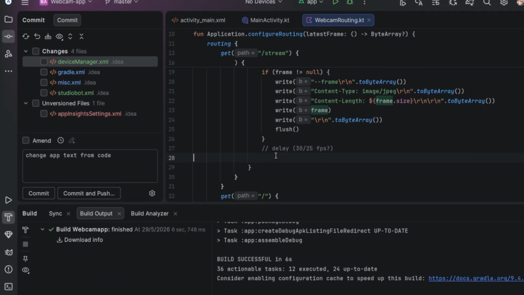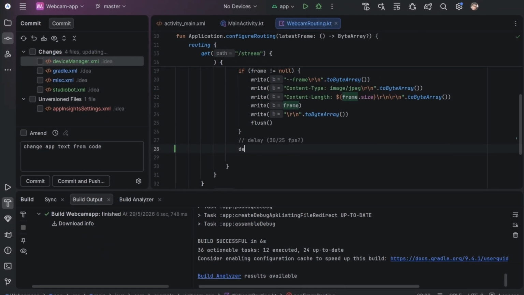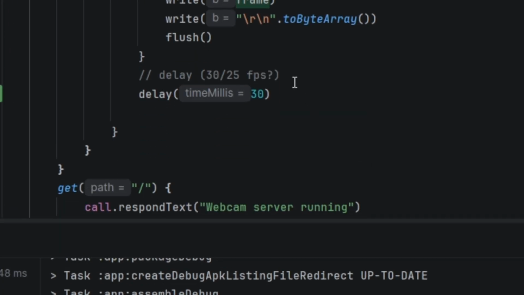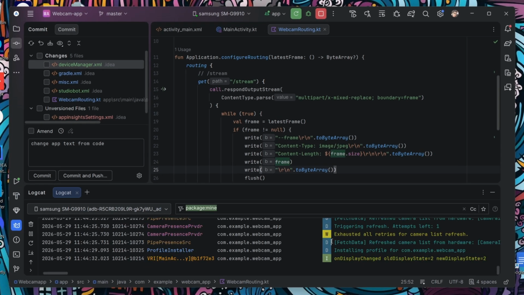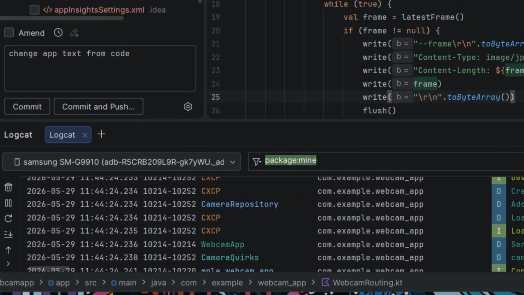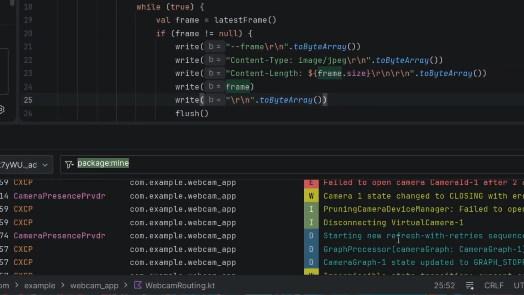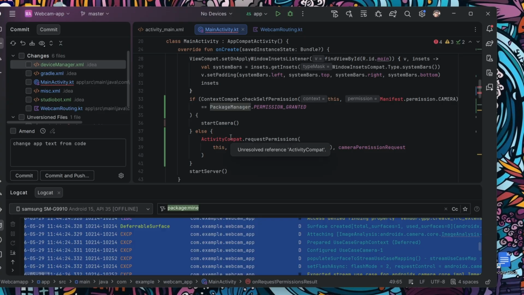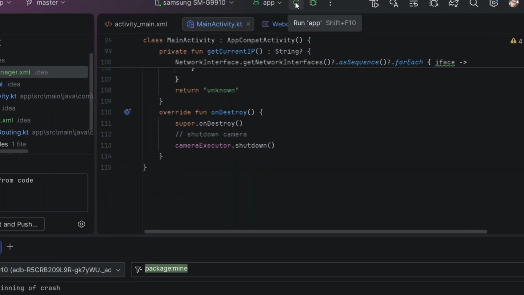And it doesn't work. Let's try to fix this. I realized that I actually did not add that delay. So we'll add the delay of 30 milliseconds. But more importantly, checking the logs in the application console shows that I actually need to request for the permissions explicitly. So let me add that to the code